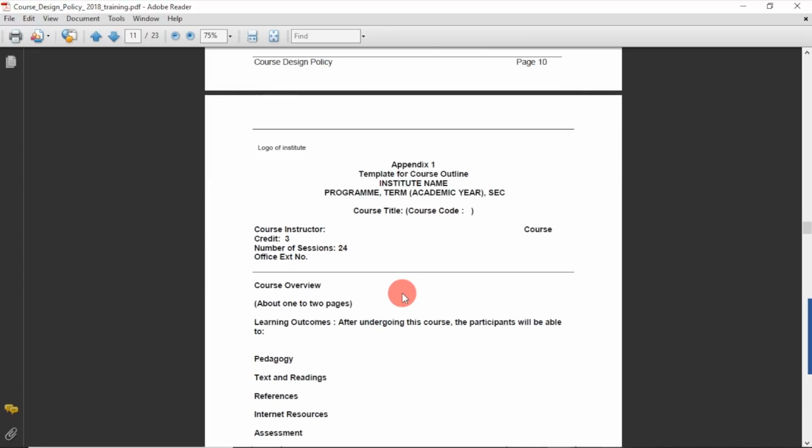Whenever you develop a course, the course outline is a contract between a teacher and the student of how you are going to deliver the course. It is not that one fine day we get up, go into the class and deliver anything. Nowadays, teaching has become very scientific, and the student is interested in knowing what you are going to cover in the first class, in the second class, and in the last session.